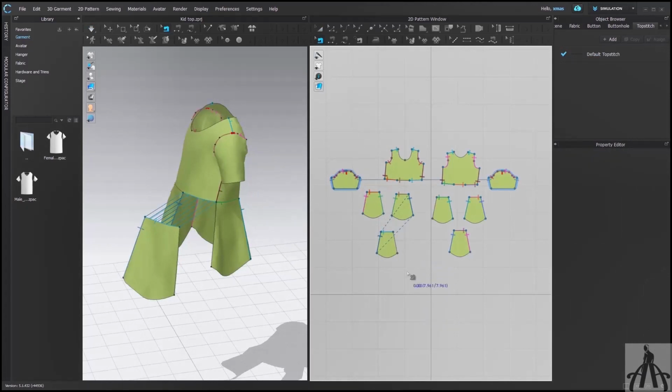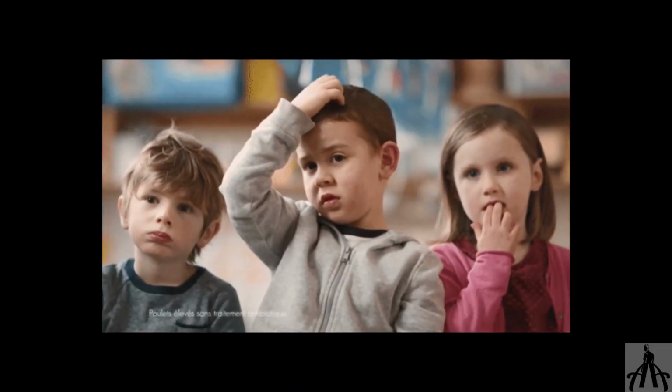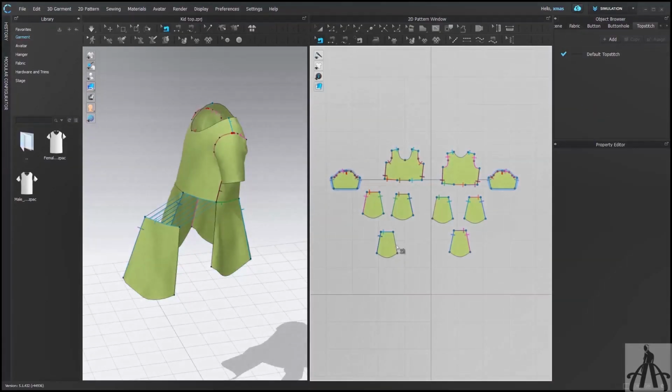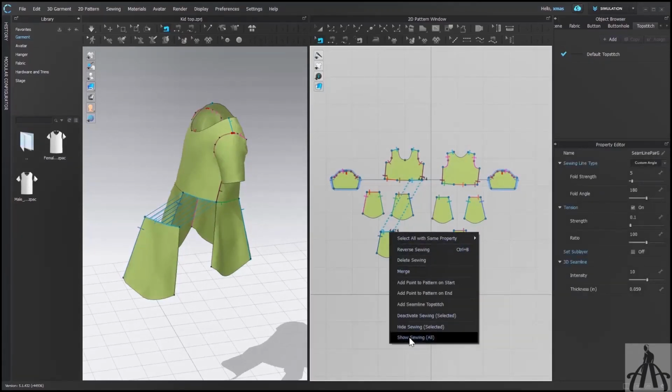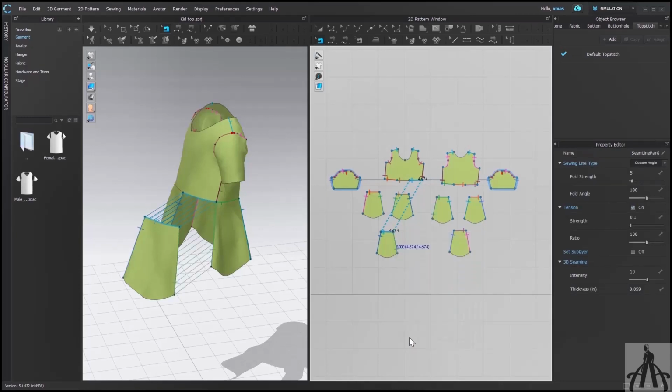After doing this, it might be possible that you can't even select the sewing with the Edit Sewing tool. But don't get confused. Select another sewing line and by right click, use Show Sewing, which is our last option. After this, it will show up itself.